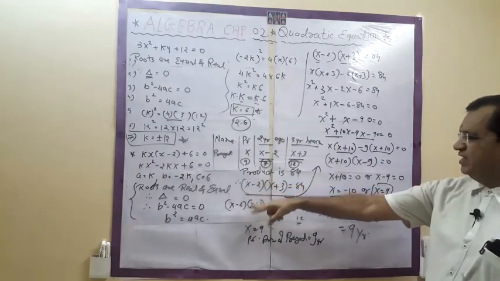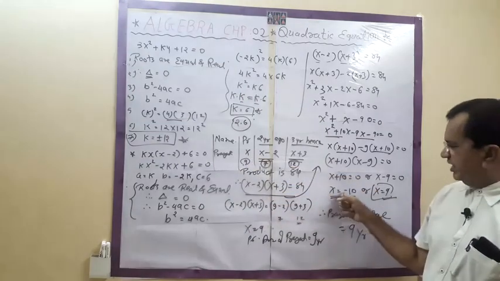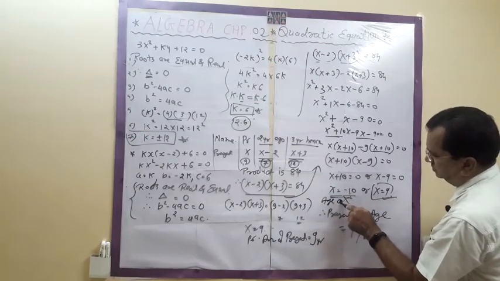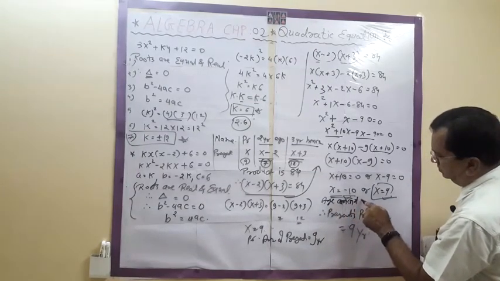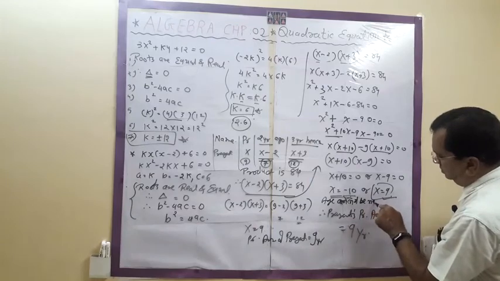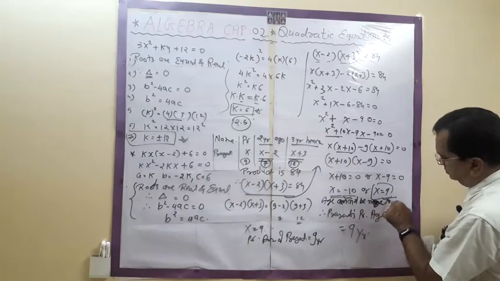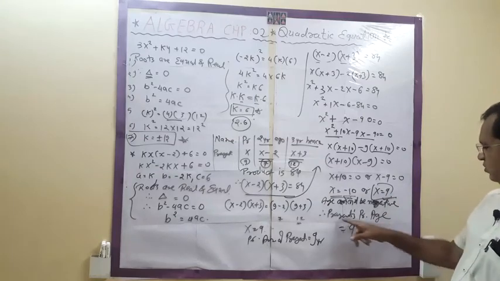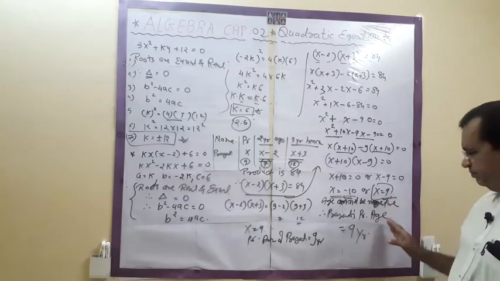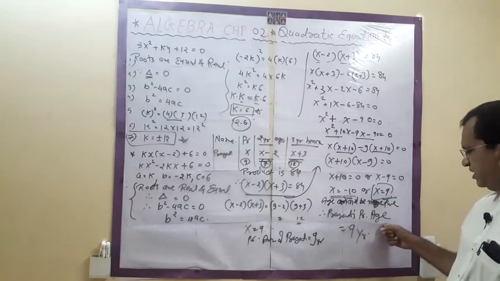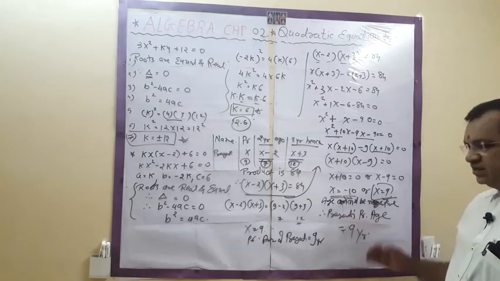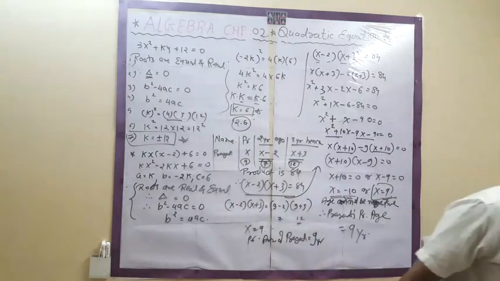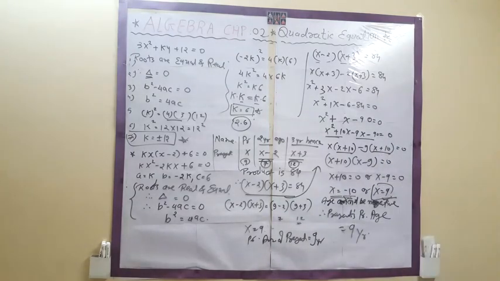The age we have considered x, so age cannot be negative. So x is equal to 9. Positive answer, it is okay for the age. So Pragati's present age is 9. So again I am talking on this